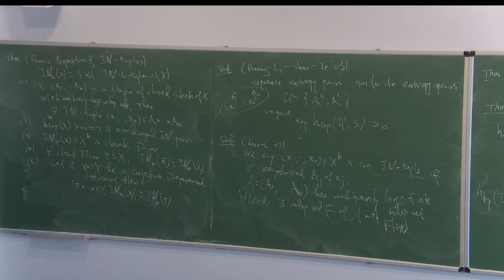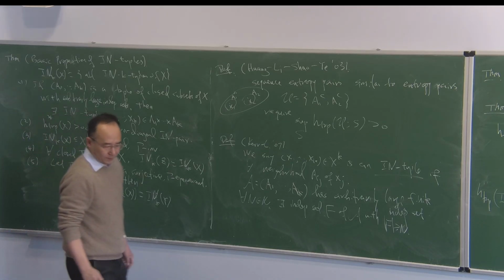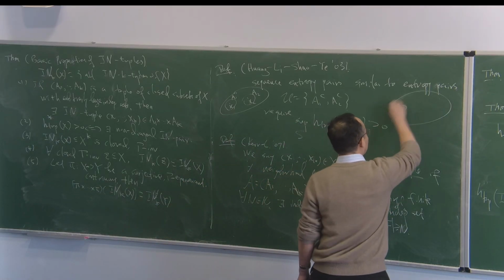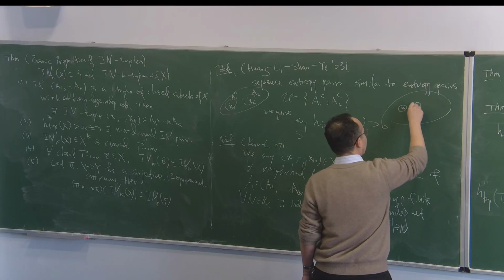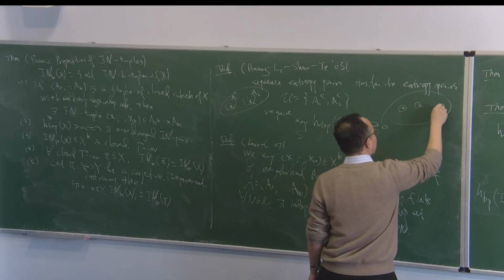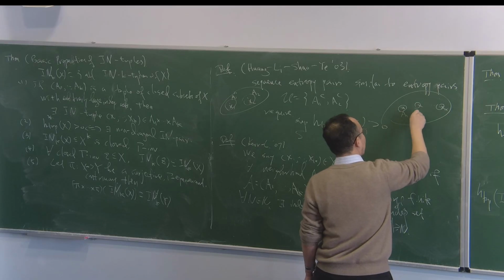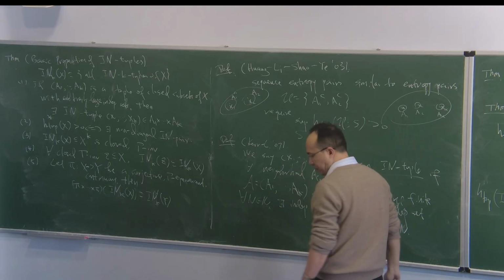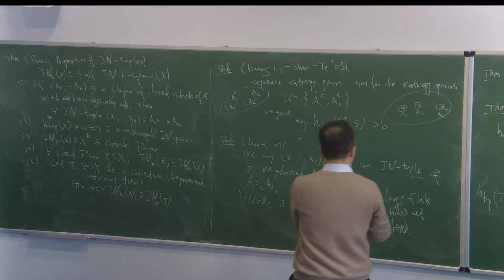I mean, what we can try is, what we said earlier, for a situation like this, x1, x2, xk, you look at a1 to ak, I think what we said is that